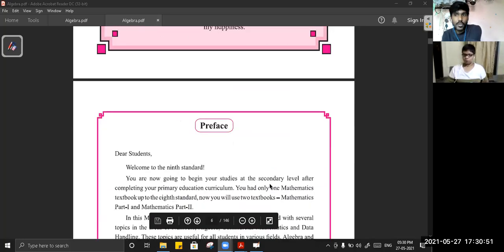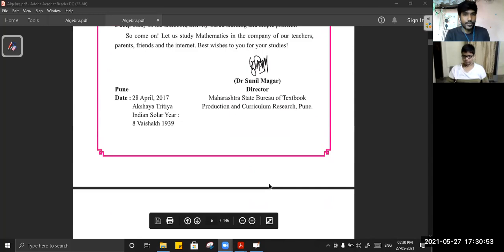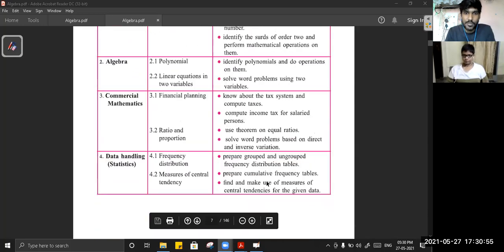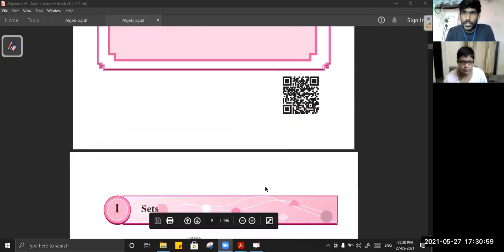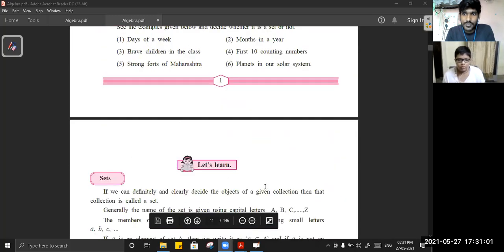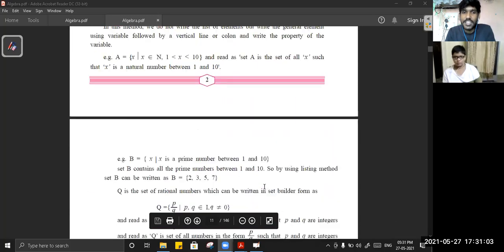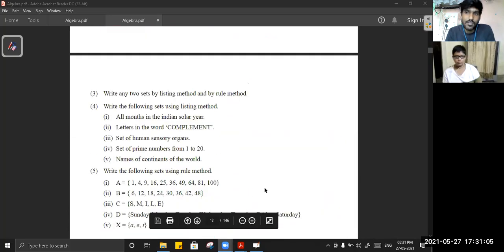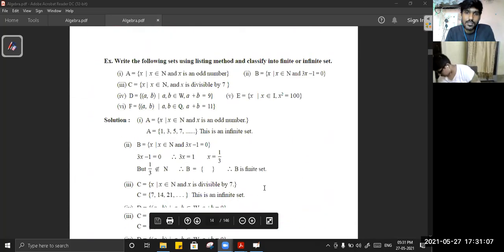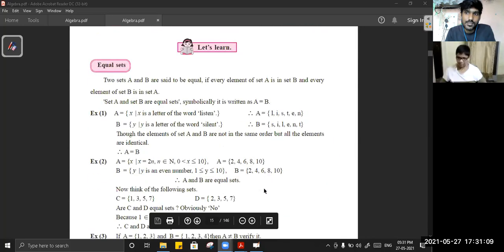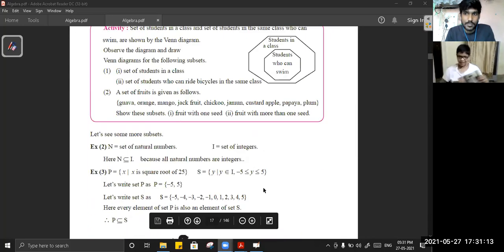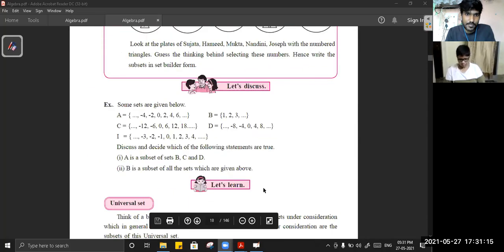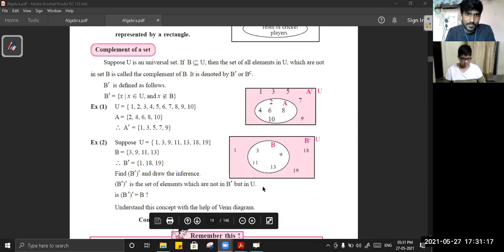Do you have the book in front of you where you solved the sums from the problem set? I have a PDF, sir. You don't have the book? No, sir. Where did you solve? I wrote it in the book. That book. I'm asking about that book. Open that book. Yes, sir.